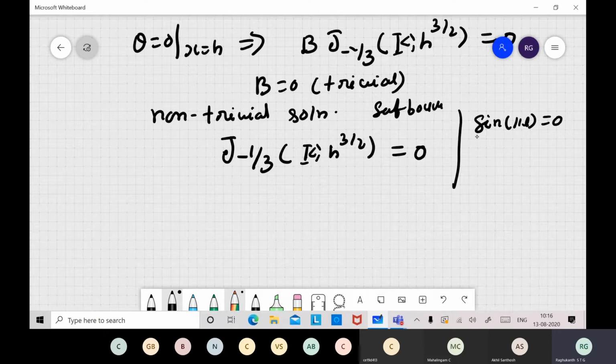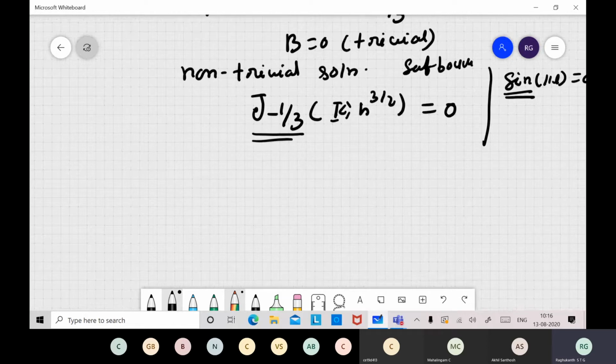Now when there is self-buckling, everything will be the same. The only problem is that here you have a nonlinear ODE with varying coefficients. So instead of sine, you get Bessel functions. If these Bessel functions are 0, the only problem is that sine is very easy to solve, like n pi by 2. We know the zeros of the sinusoid, but for Bessel functions you have to find these roots.